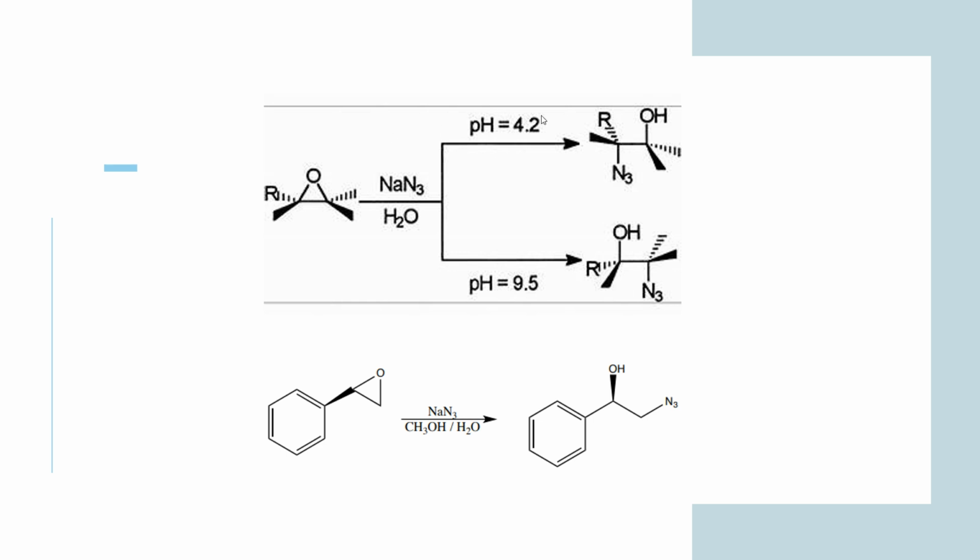So I hope you remember. And in presence of basic medium, what happens? No stable carbocation formation you get in the reaction, and directly the nucleophile will attack at the epoxide ring from the least sterically hindered side. Okay, I hope that is